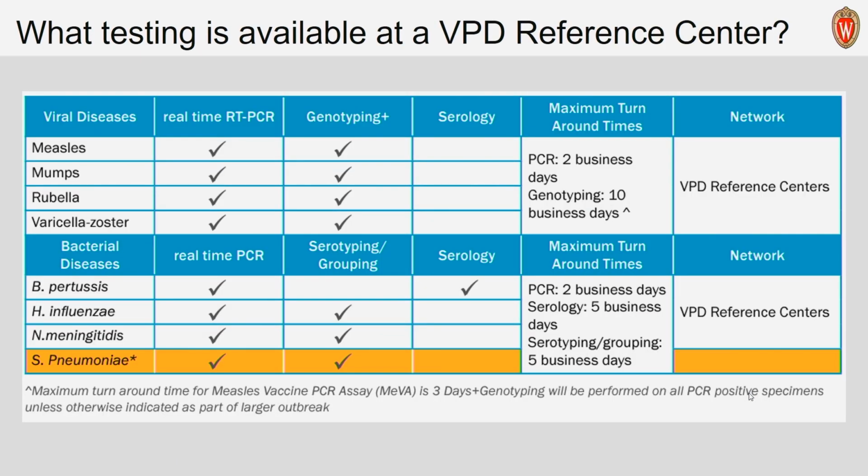And the kind of testing we do as a vaccine preventable disease reference center includes identification and genotyping for measles, mumps, rubella, varicella, pertussis, H-flu, meningococcus, and strep pneumo, which we already mentioned a couple of already. This is helpful. I didn't mention this before, but another way that we can use this testing is not